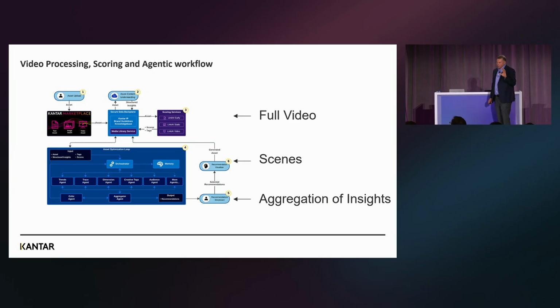So the trace agent is essentially looking second by second or slice by slice on the particular scene and see what emotion does it trigger. Does it include cues? Is the user recognizing something in the video? Does the user actually pay attention to the video, or do they lose attention during that particular scene? Another example would be the dimensions agent, which uses the Kantar analytics to look at, would it actually trigger sales behavior? Is it enjoyable? Things like that. So there's more than 20 different dimensions that are analyzed.